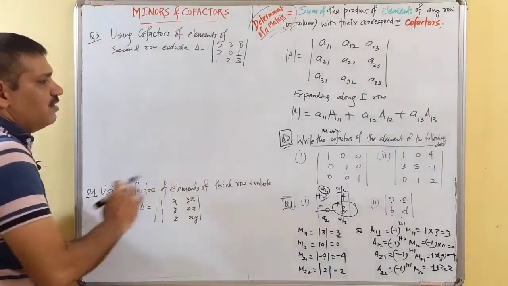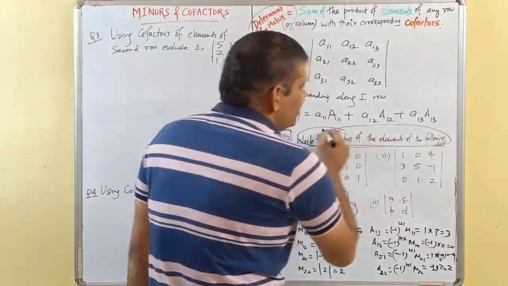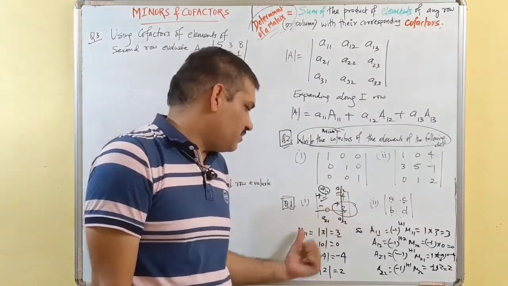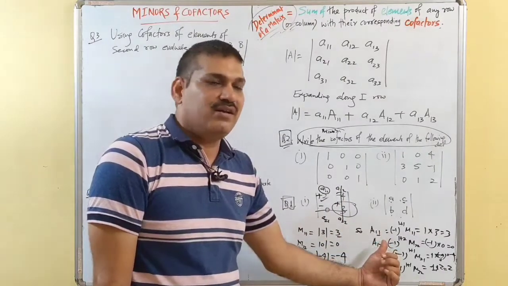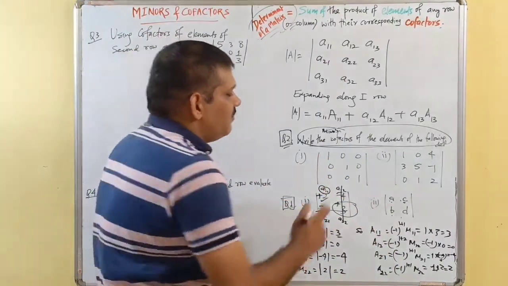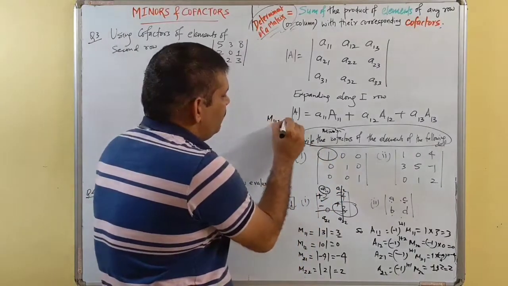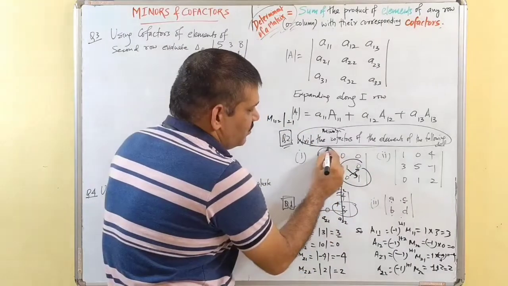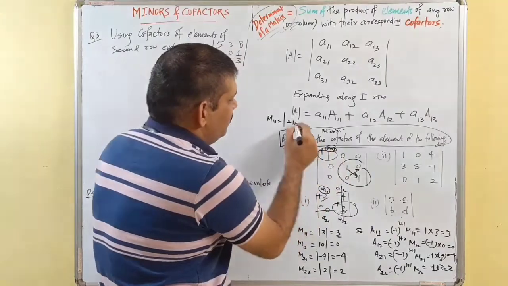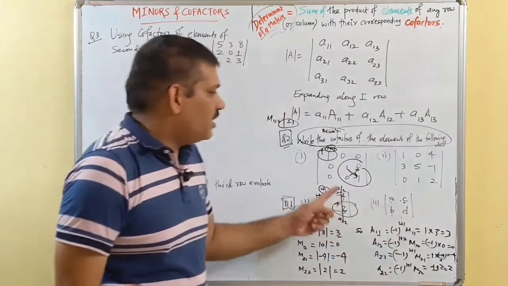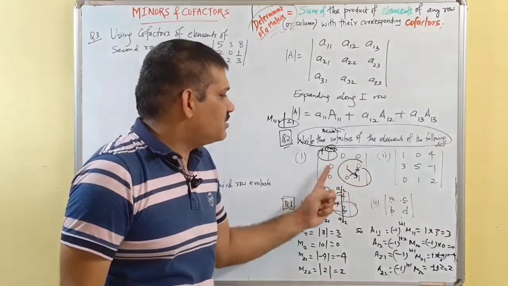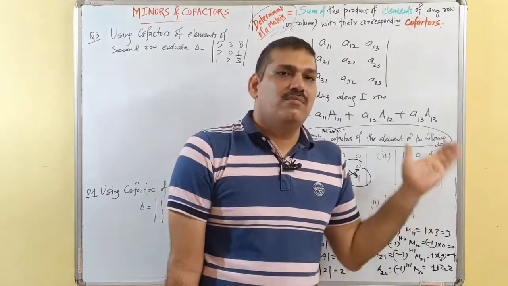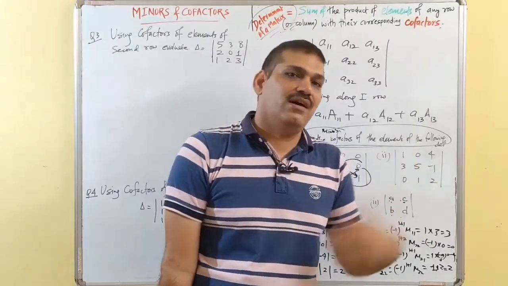Now we have second question. Write the cofactors of the elements of the following determinant. So here it has 9 elements. Each element will have its minor and its corresponding cofactor. So the minor of this element, if I talk about M11, will be a determinant, that is this 1 minus 0, that is 1, and this is at position 1 1, so 1 plus 1 is even number, so positive 1 will be the cofactor. Again, the minor of this will eliminate this and this, 0 into 1 minus 0 into 0, that is 0, and likewise we will find the minors and cofactors of all the 9 elements.